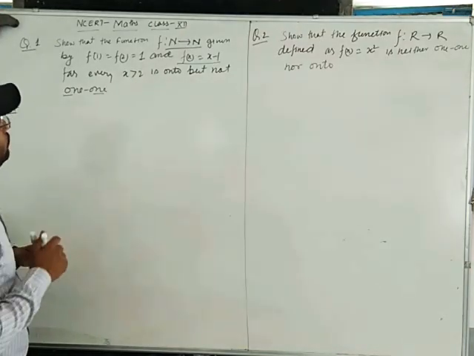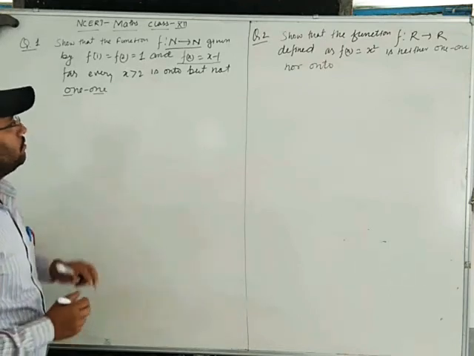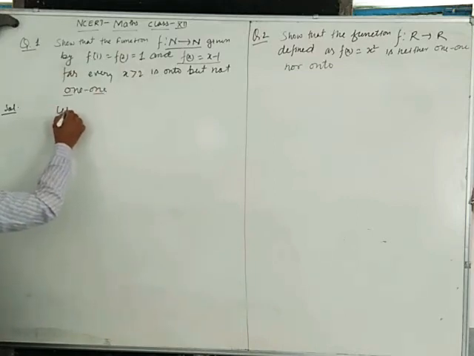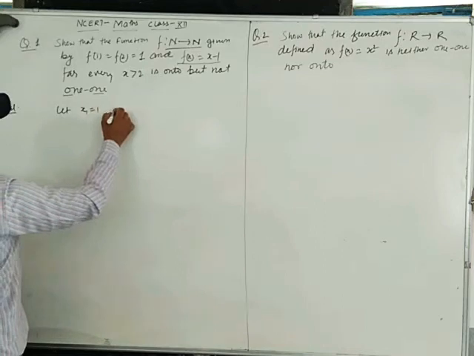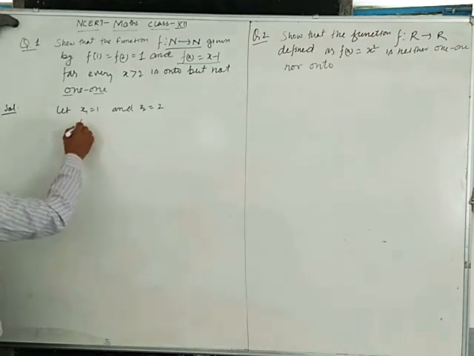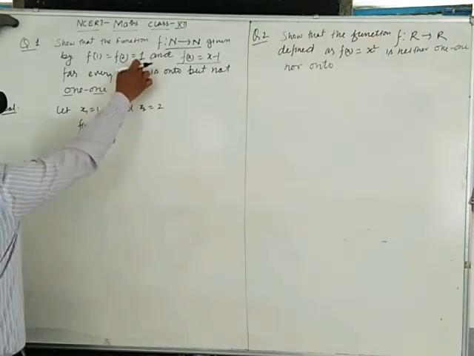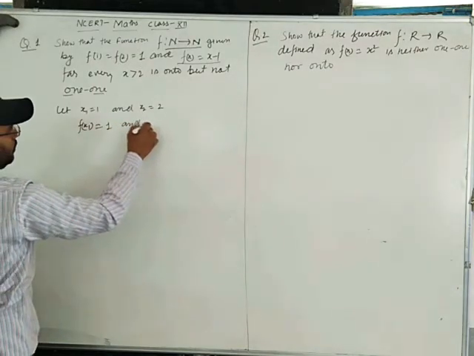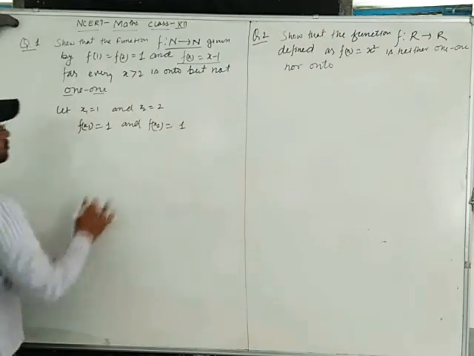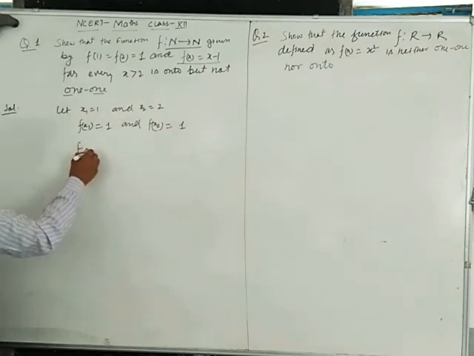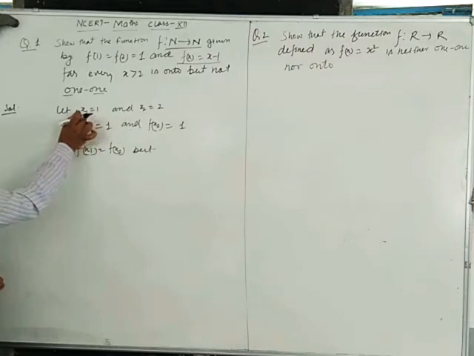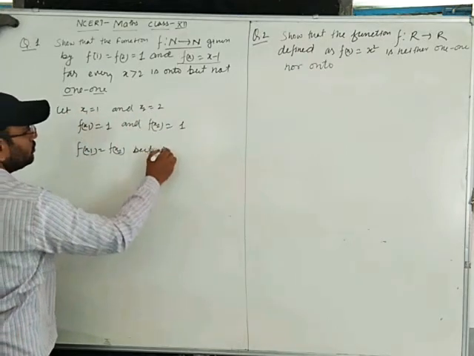So what do we have to prove? We have to prove onto but it is not one-one. So clearly from this question, suppose that x1 is equal to 1 and x2 is equal to 2. Clear? So f(x1) is equal to 1, and f(x2) is again 1. So according to this question, f(x1) is equal to f(x2), but clearly x1 is equal to 1 and x2 is equal to 2, so x1 is not